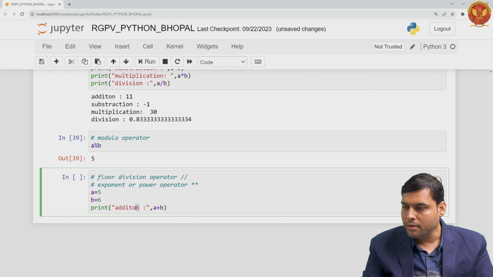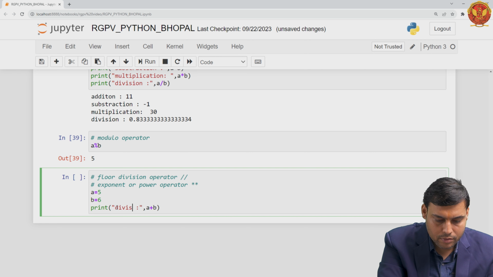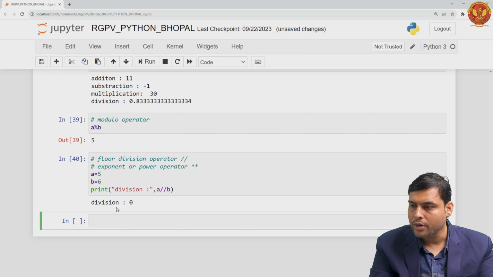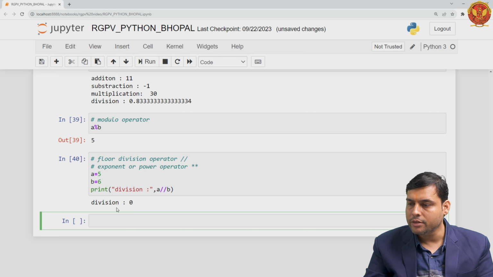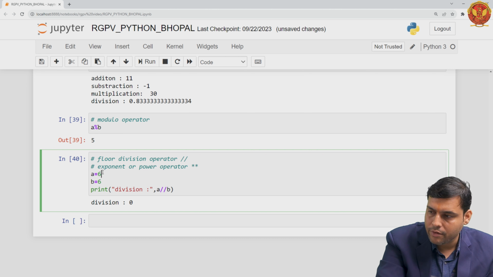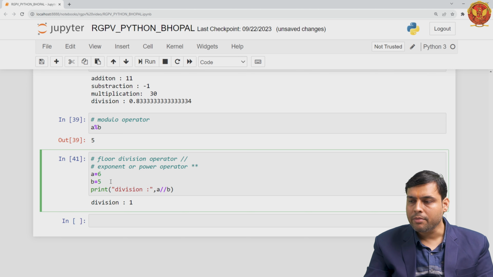देखिए, यदि मैं फ्लोर डिवीजन करता हूँ, that is a double slash b. When I run this code, can you see the output is 0? Okay. So खैर देखिए, हम इसको और अंडरस्टैंड करने के लिए लेट आई चेंज द वैल्यूज हियर। When I run this code, so you can see the output is 1। मतलब जब मैं 6 को 5 से डिवाइड कर रहा हूँ, तो ये फ्लोर डिवीजन ऑपरेटर जो है आपका एक इंटीजर वैल्यू मुझे रिटर्न कर रहा है।